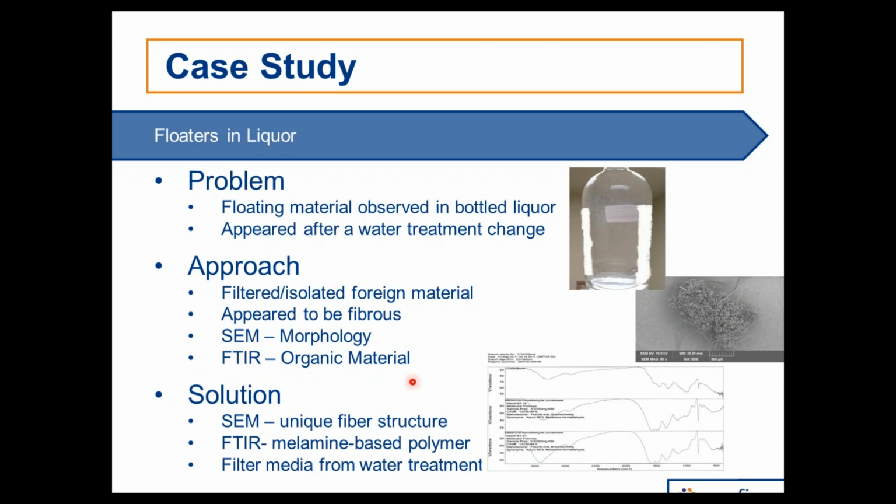Then we did FTIR analysis on it, and in this case, it gave us some very conclusive information. So combining SCM and FTIR, SCM told us that it was of a fiber nature, and then FTIR told us that it was a melamine formaldehyde-based polymer. That was easy to trace back now to a water filter. And so that's what it was. It was actually contaminant from a water filter during processing. So it's a situation where, by combining a couple of different techniques and paying attention to the clues that we observed, we were able to come up with an identification. And so now, to summarize,